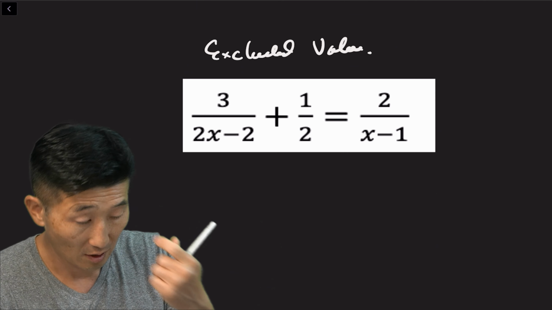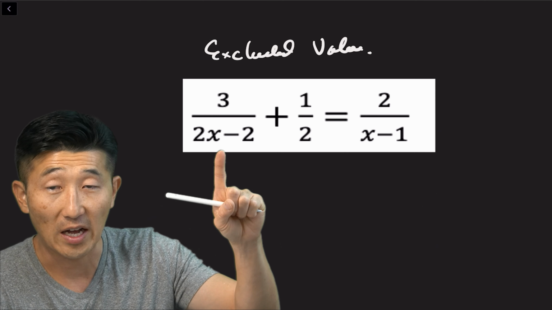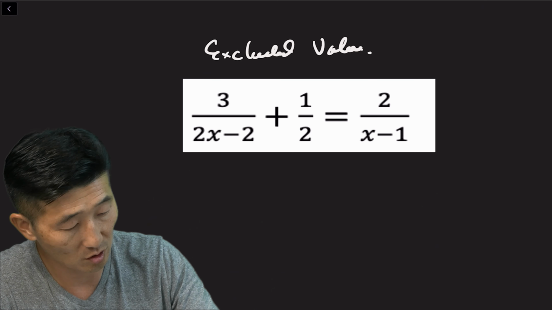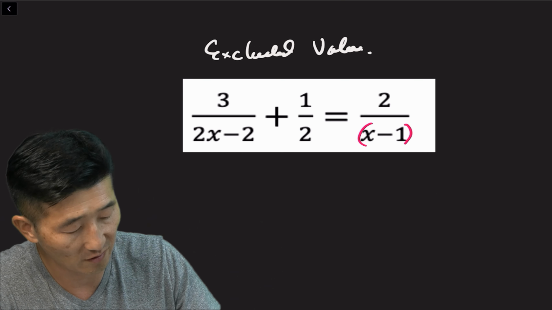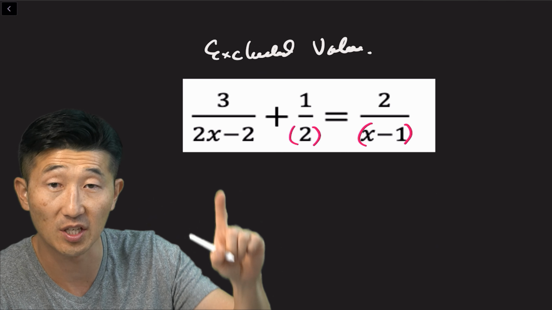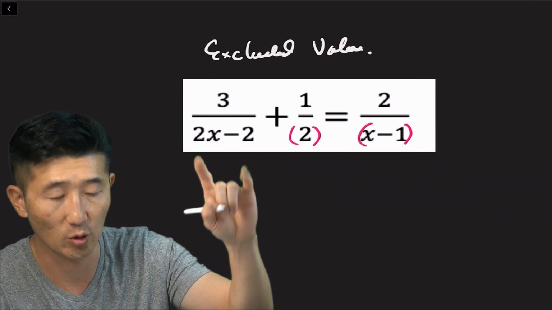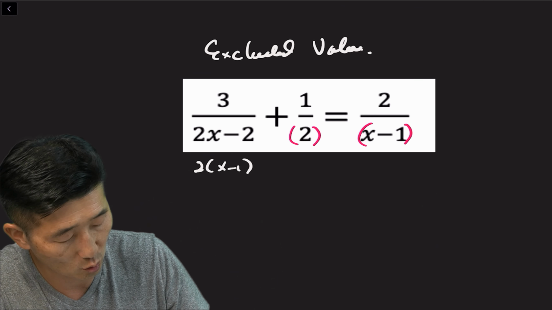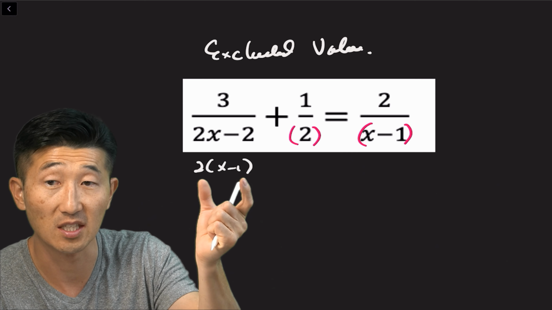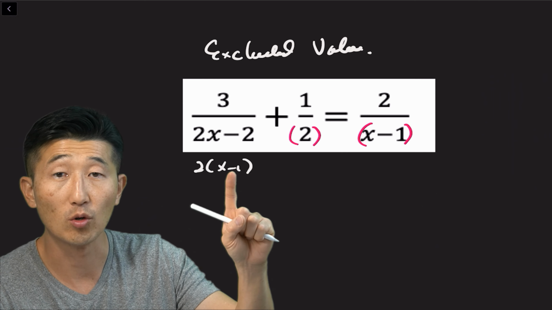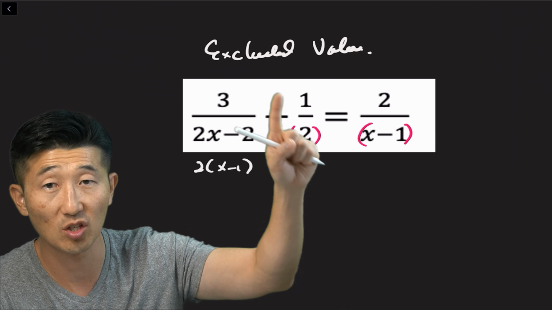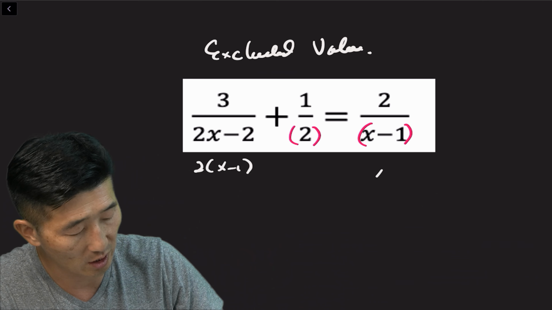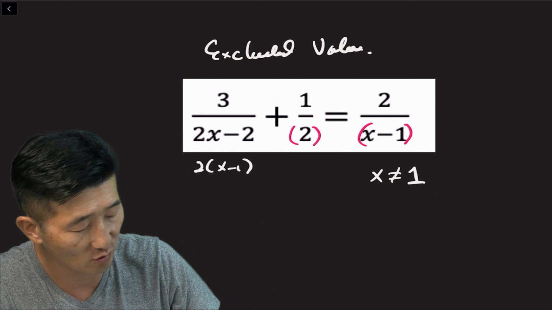Now, to find the excluded value, you want everything on the denominator to be factored. So again, x minus 1 is itself a factor, 2 is a factor, but here you realize you can pull the 2 out. So you're going to rewrite this as 2 parenthesis x minus 1. So this is in its factored form. We're going to look at each term and ask ourselves, what is the excluded value? Well, here we do not want x to ever become positive 1,